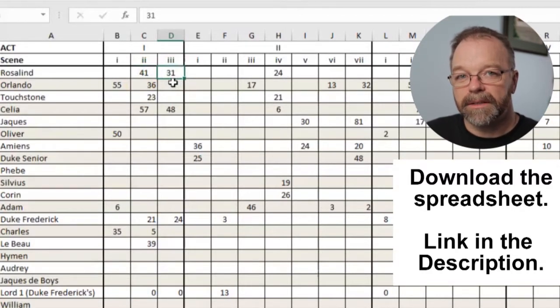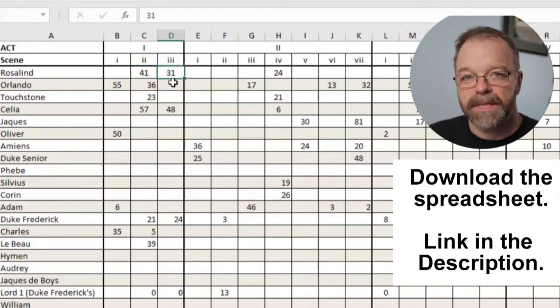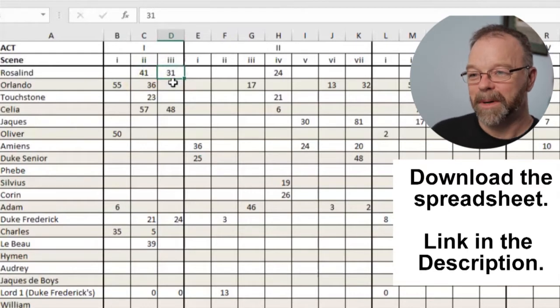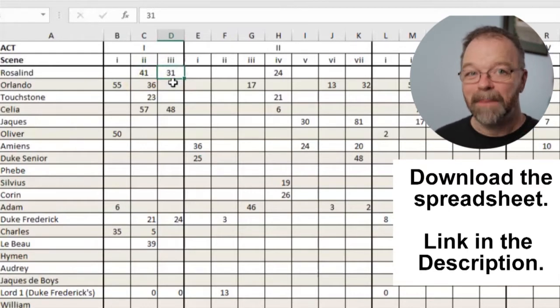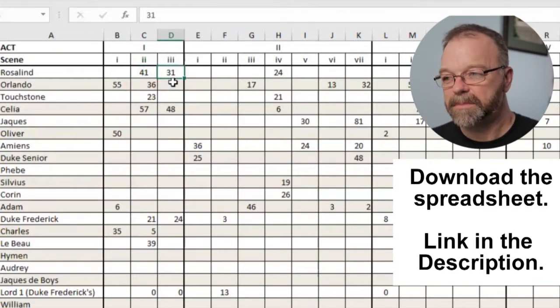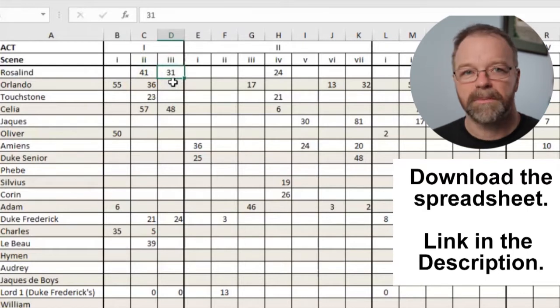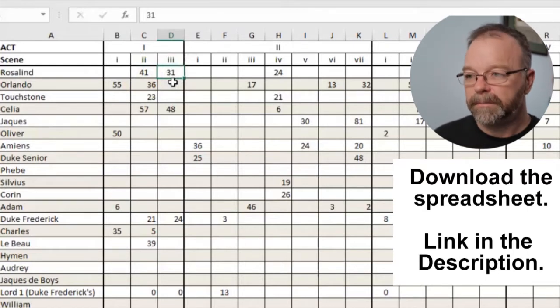So this does take a little bit of tedious work to set up. I generally will do this myself because it's not something I want to impose on a stage manager or one of my producers. But if they're happy to do it, I'm happy to let them. I generally end up doing this myself, partly because it's a really great way for me to get my head into the script from an overview point of view.